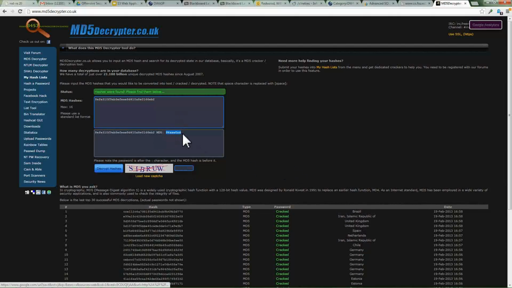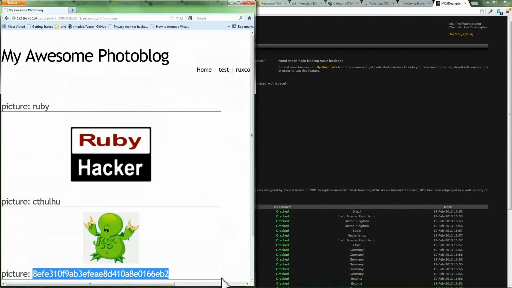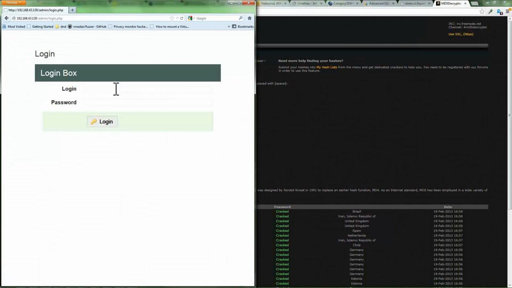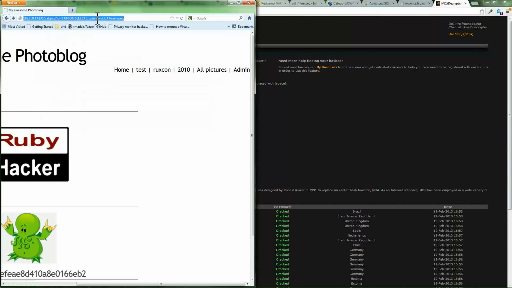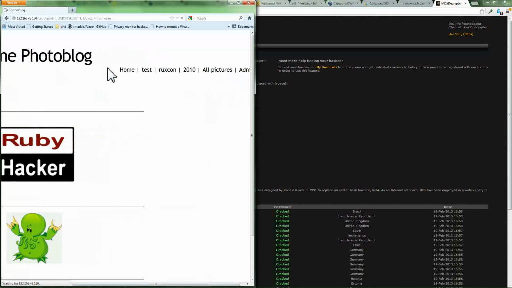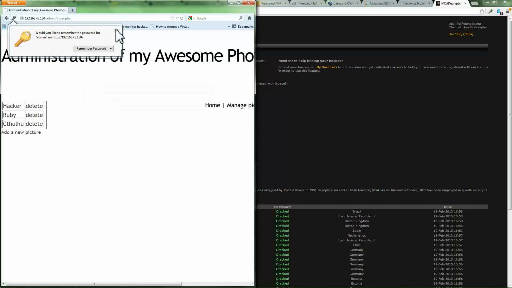And it tells me that in literally milliseconds the password that this is cracked to is "password". Clearly this is just an academic example. So I'm going to go to the admin. Well, I'm going to go back because I don't know what the username for the admin account actually is. So I'm going to see what the login is, and it's admin. Could have guessed it, but so we just type admin, and then we copy and paste basically what we got, and boom, we get into